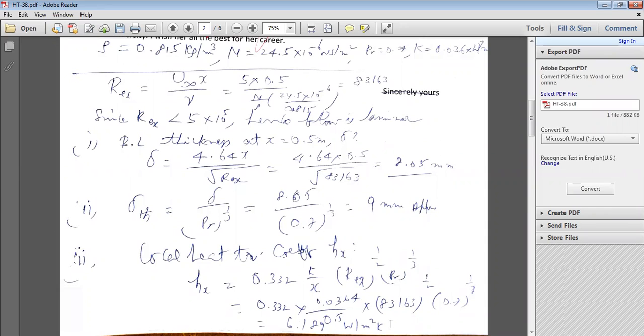Okay? Like that. So you'll be able to solve a number of problems under this flat plate under laminar boundary layer conditions. They are very easy once you know the formula and once you derive the equations, and by knowing the concept in a clear-cut manner, solving problems under convection heat transfer is very easy. But you have to know the concept, you have to practice the derivations, and from the derivation you'll be able to get the equations. You can easily solve these parameters. Okay? So like that.